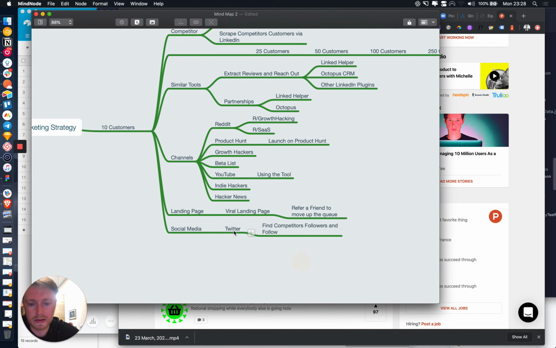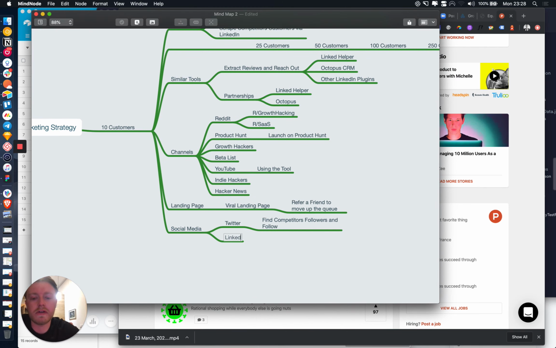When I say competitors, again, I mean similar tools. Facebook, I'm banned from, and I don't really want to run ads at this early of a stage, so I think I'll miss that one out. Instagram, I think, is not the best platform. So the next best platform is obviously going to be LinkedIn, because our audience is actually LinkedIn users.